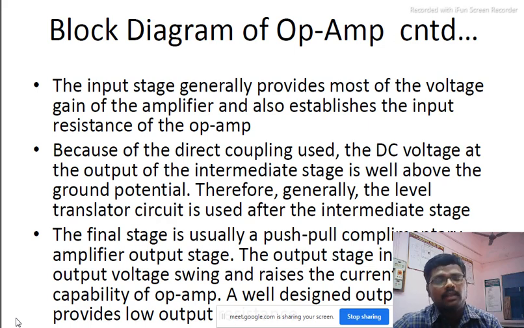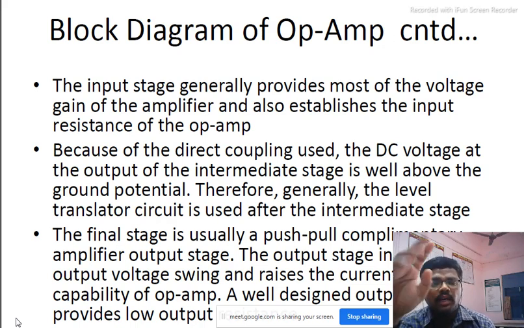Level translator, depending on that, you have to adjust the feedback resistance. In case the feedback is given to the first input terminal, that is the non-inverting or inverting terminal, the resistance can be given between the input and output terminals. Automatically the feedback is given, in the level shifting or level translator circuit.